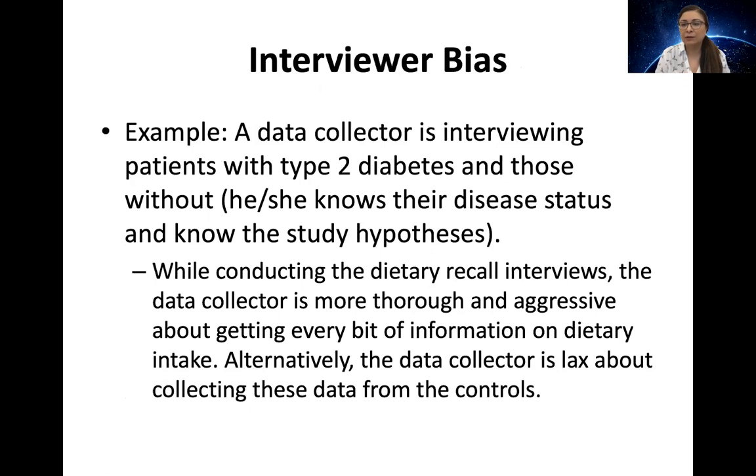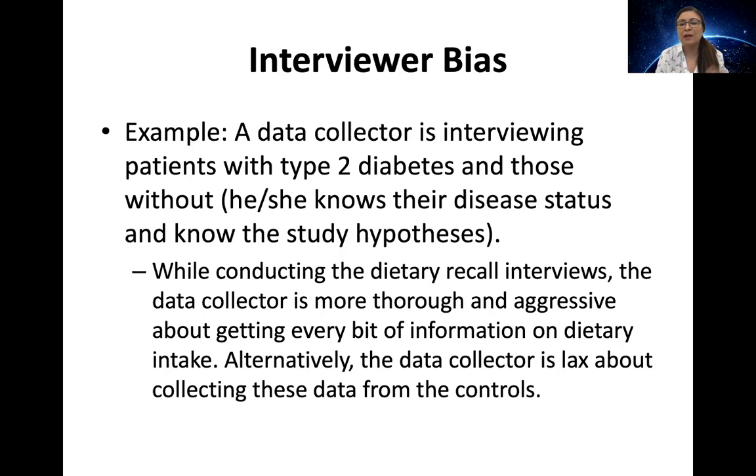The example here also has to do with diabetes. Here the example is talking about how the data collector might be interviewing people with type 2 diabetes versus those without. So again, we have the two groups, with or without disease. And let's say, for example, the interviewer, while conducting the dietary interviews, would be really aggressive with the diabetes group, partly because they know that diabetics are better at remembering. So if they're not remembering, they're going to really probe them and get really quality data